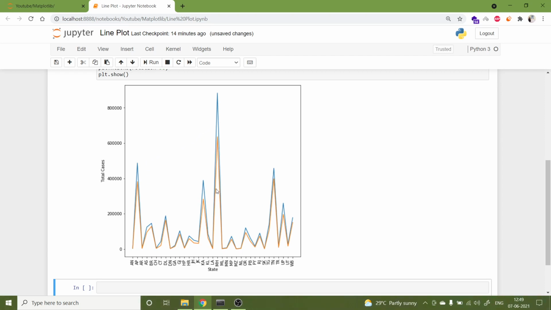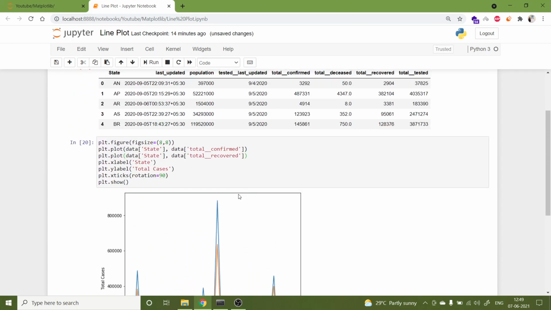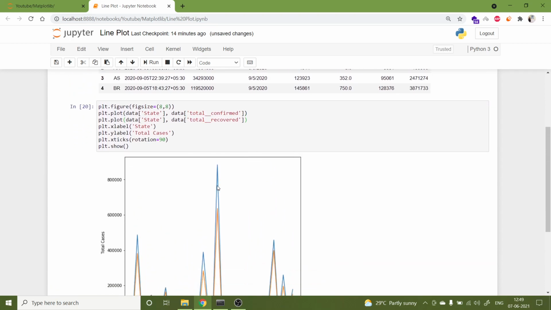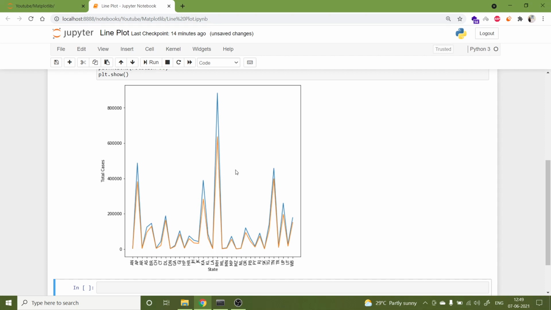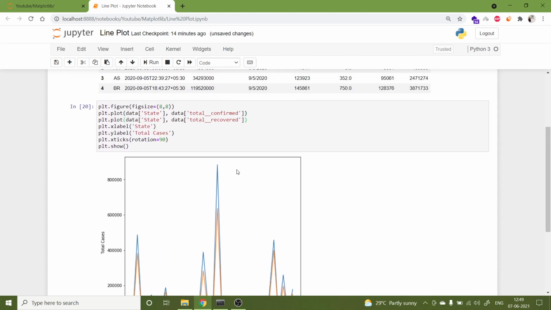These are two different data values. But the problem with this graph is we don't know which is which. Now we can guess that the line with the higher value, the blue line, is total confirmed cases, and the saffron line is total recovered cases, because we have some prior knowledge about the COVID data. But in most cases you may not have knowledge about the data.